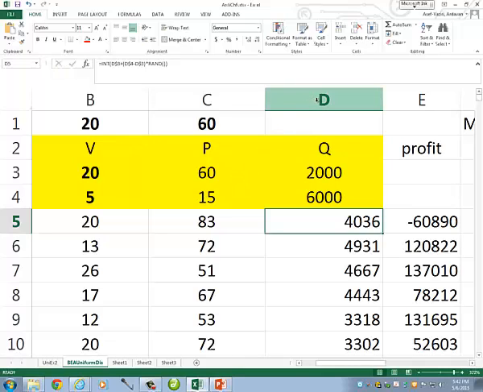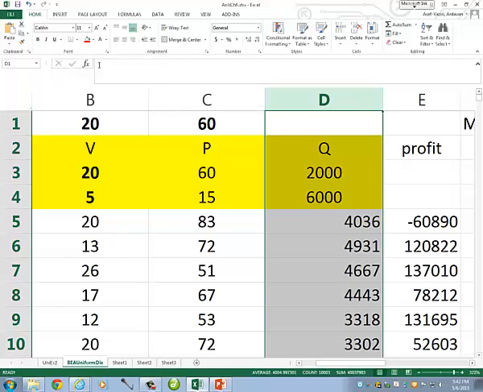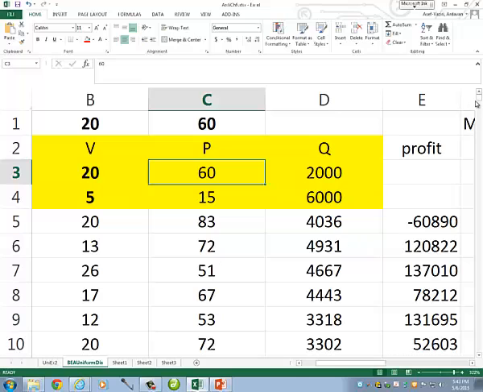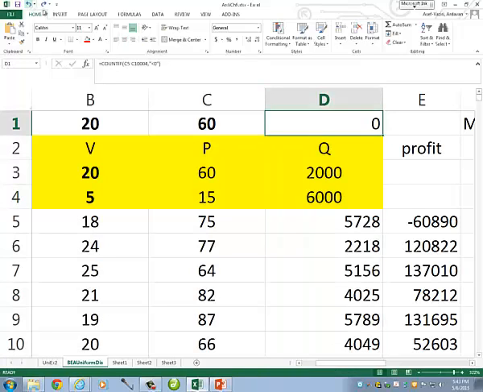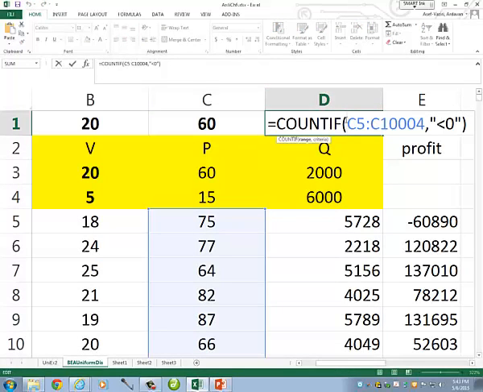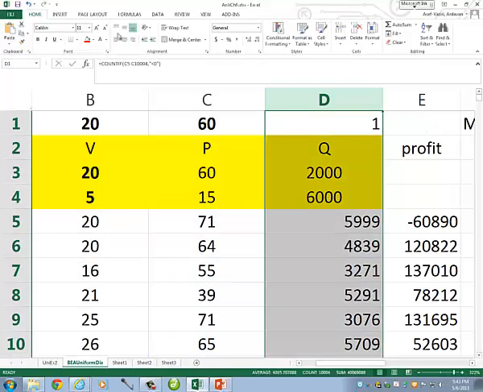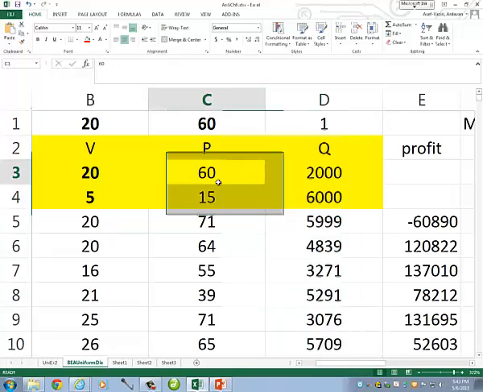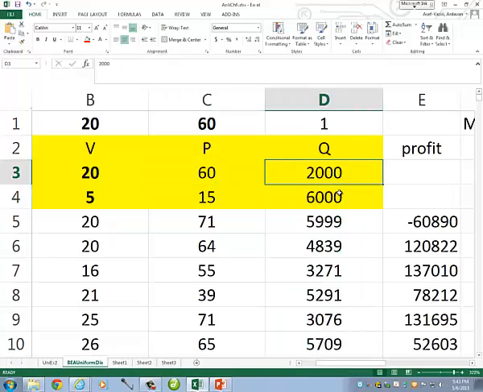Okay, now I have the price and the variable cost considered to be, did I count that column or the other column? Yeah, that's good. Now let's assume quantity of sales follows